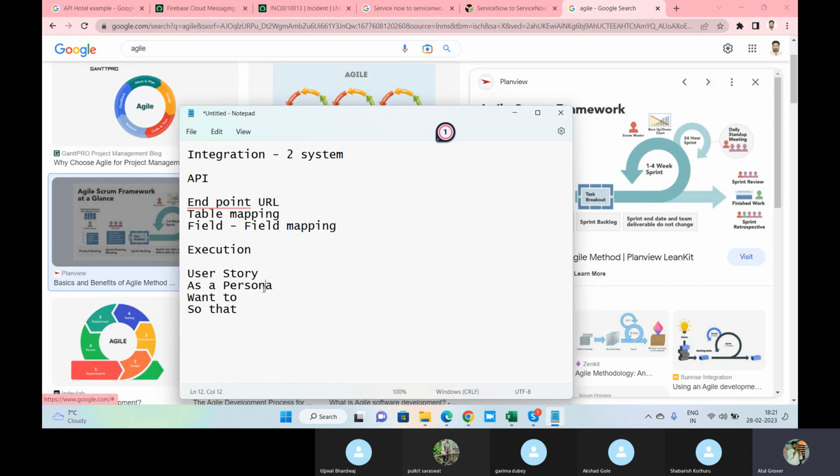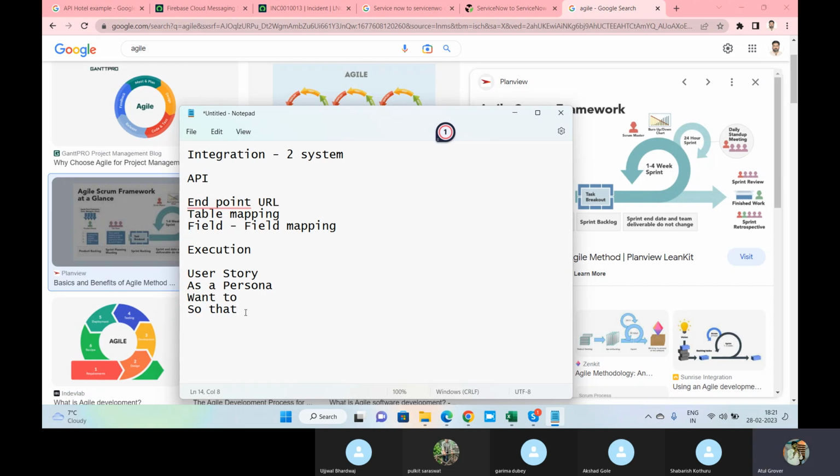The term which we call role, they call a persona in the ServiceNow domain. As a change manager, as an incident manager, I want to create a web page so that my user can log in. Which role, what you want to do, and what value you are going to get. This is one part of the user story.